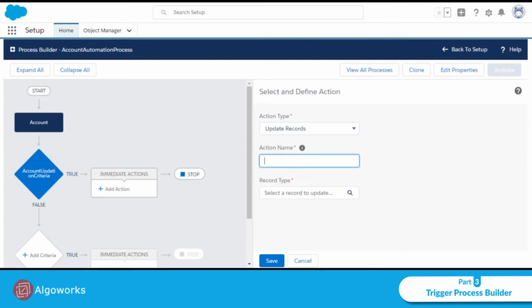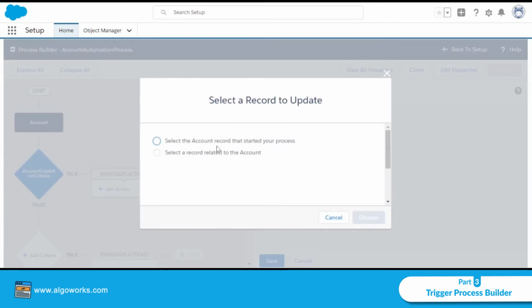Name of the action: account name updation. Record type: select the account record that started your process, or select a record related to the account. You have to select the option which you want to perform. We are choosing the first one.